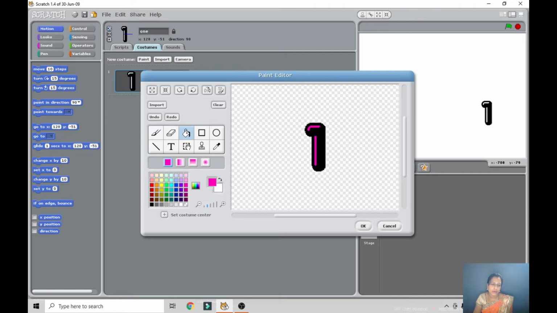You can choose whichever color you want and fill it out like this. If you want, you can add text also, 1, like this. Got it? If you want to change, you can change it. You can have the color, you can write anything in the text. So this is nothing but changing the appearance of the text sprite.